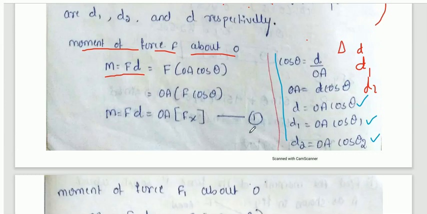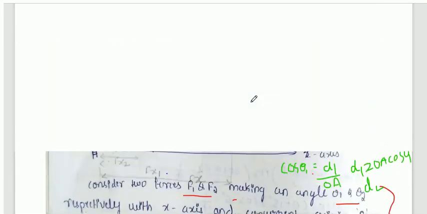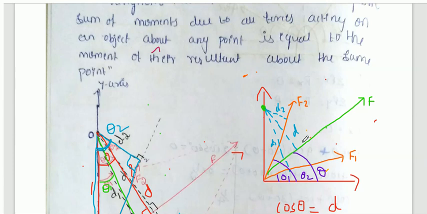So now you need to observe. From the equation we have written, take OA outside. Here they have substituted the D value: D is equal to OA cos theta. From this equation, take OA outside and keep F cos theta. Now observe from the figure what F cos theta means. I will explain. Consider this figure. What are the horizontal and vertical components of force F here?